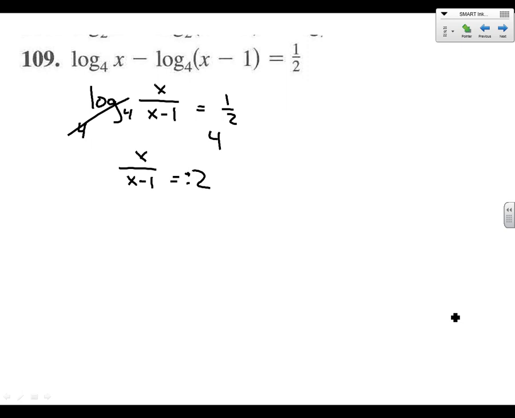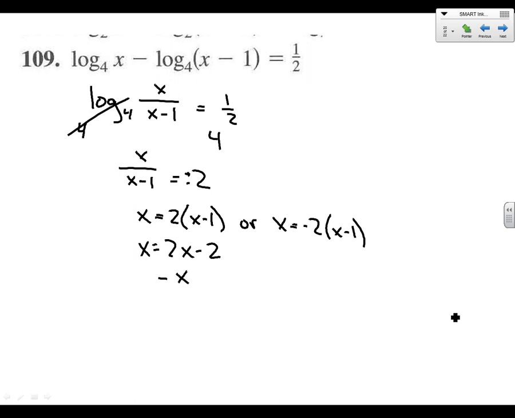So we're going to multiply this by the x minus 1. So x equals 2 times x minus 1, or x equals negative 2 times x minus 1. Need both solutions. And so let's go ahead and solve all these out. X equals 2x minus 2. So x equals 2. One possible answer. And x equals negative 2x plus 2. So 3x equals 2. X equals